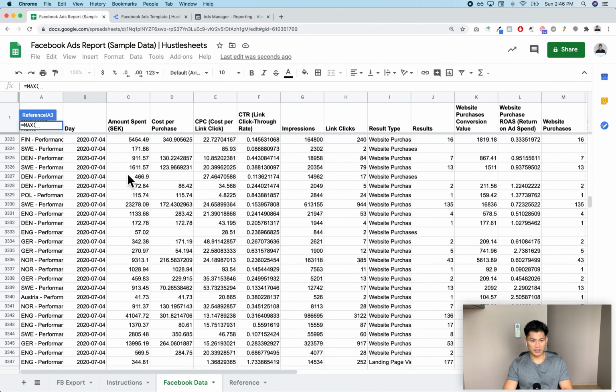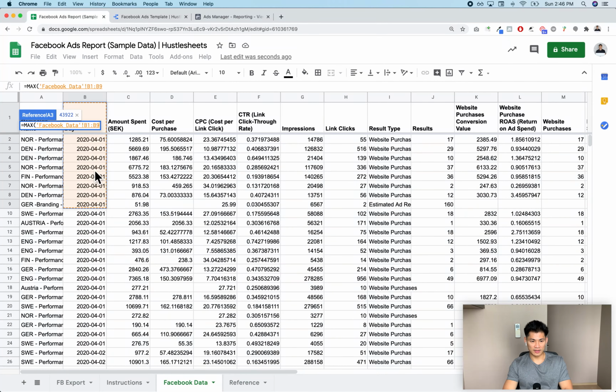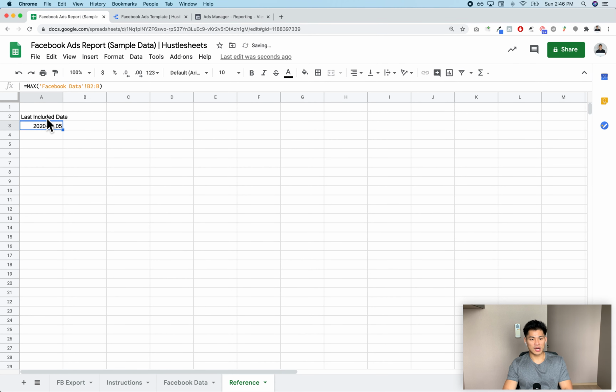And then underneath it, type in equals MAX, hit the tab button, and then click on the Facebook data. Then we're going to highlight everything. So it's going to go from B2 to B, and then press delete. So you delete the last number, close parentheses, so it looks just like this, okay? And then press enter. What it's going to show me now is the last included date